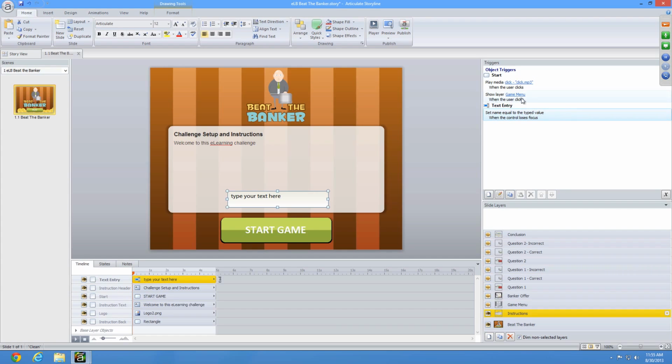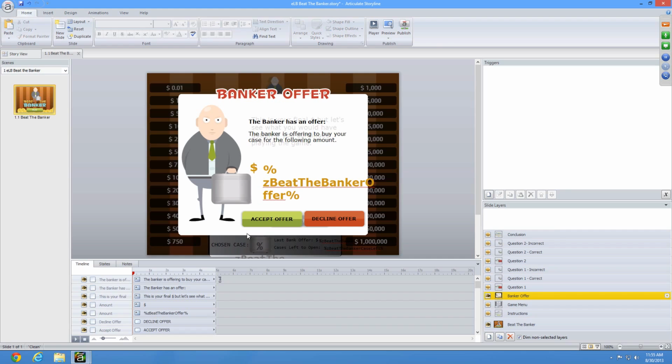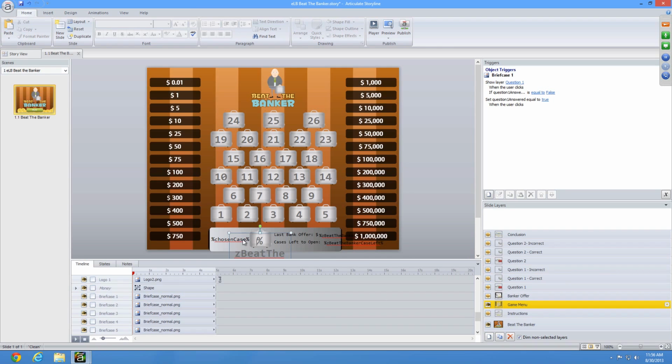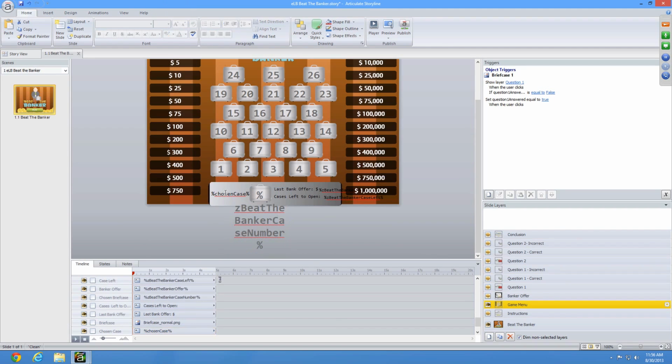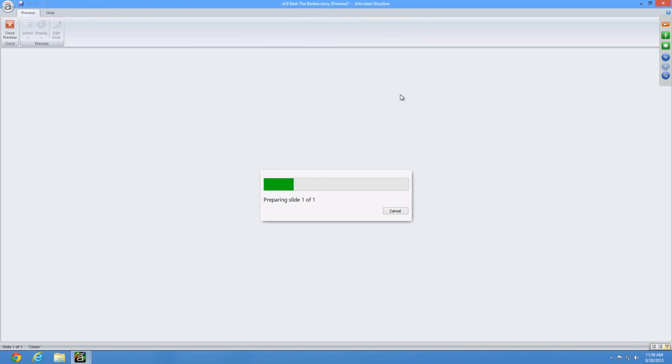And so we're going to change that value, and now I can come back into like the game board, for example, and let's just use this, change this variable, for example. Okay, so I'm going to change that now to name. I have my percent signs at the very beginning and end, and now if I preview this,